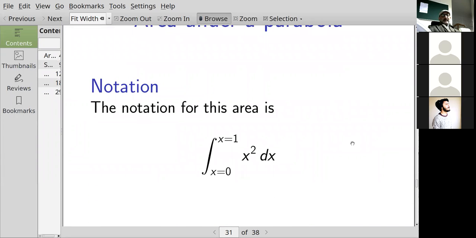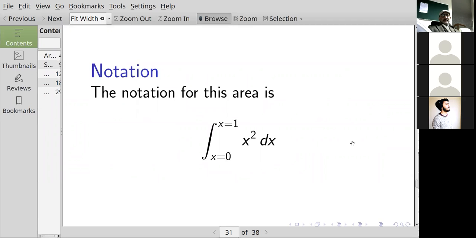Okay? So the notation for this is, now this is a definite integral. Previously we did indefinite integrals. The notation for this is the integral from x equals 0 to x equals 1 of x squared dx. Okay? We'll see why this notation in a bit, but